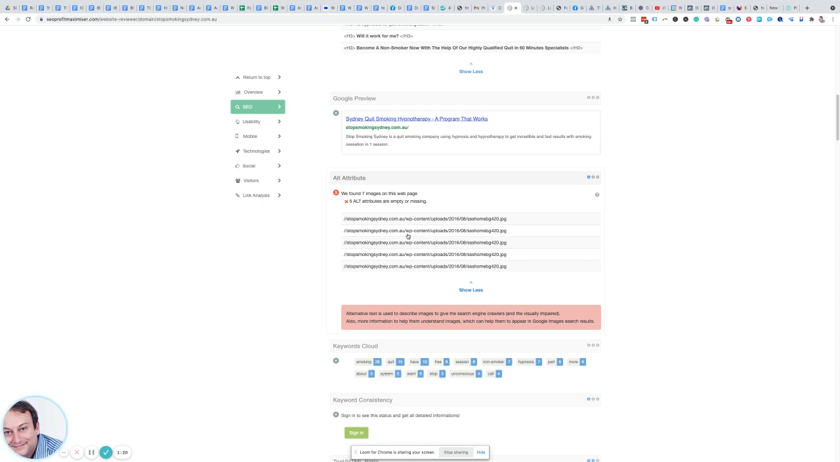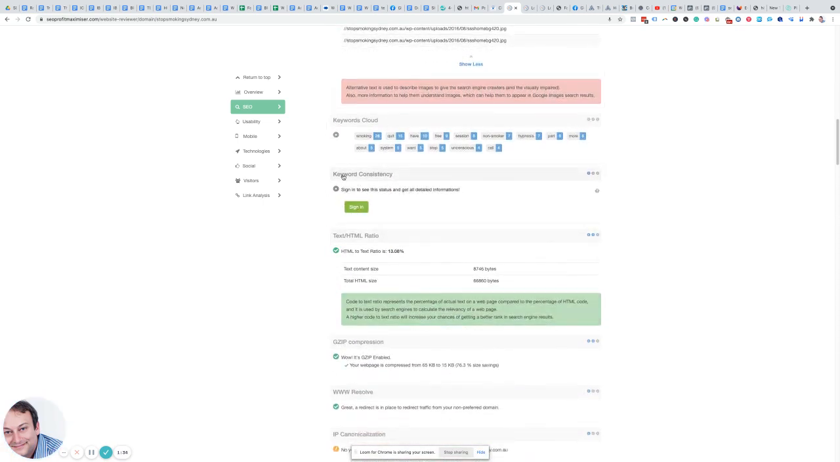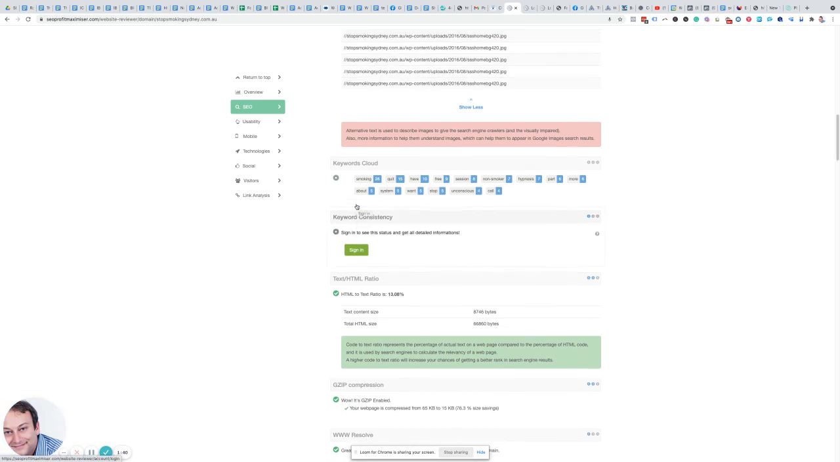And if those images were named better for this particular website, then they would turn up better inside of the Google searches. And so this is one thing that we could see was a red that this website could improve upon. You're also going to see this right here, keyword consistency, and this is where you would need to sign in, create an account, so you can see the back end of